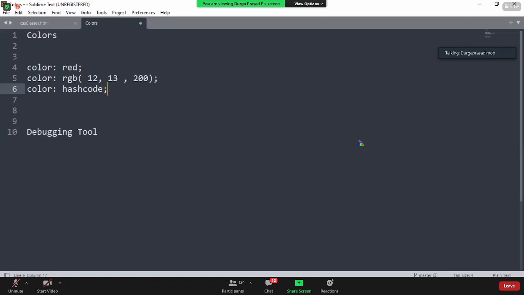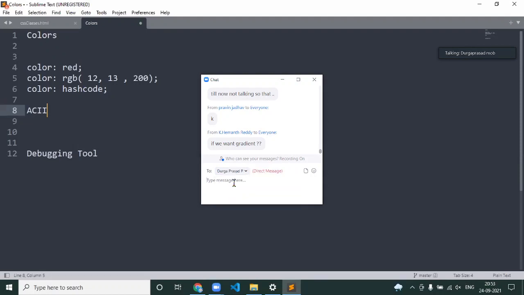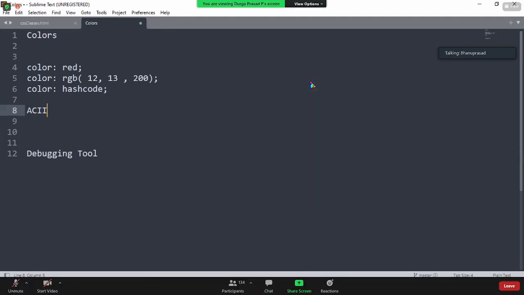Before talking about the hash code, do you guys have any idea of ASCII? Anyone? American Standard Code for Information Interchange.